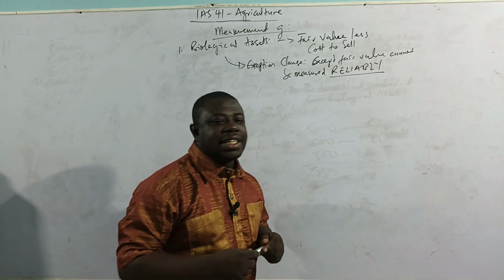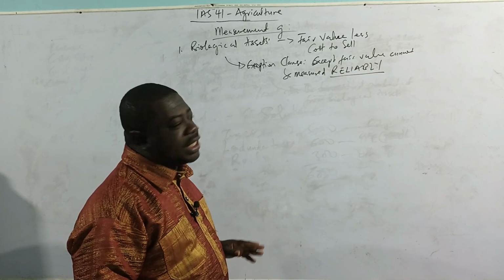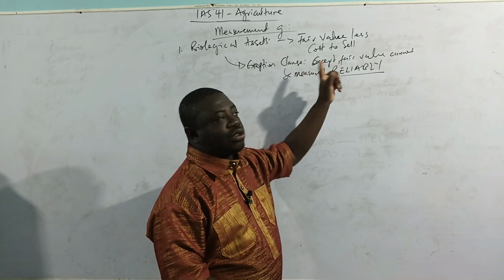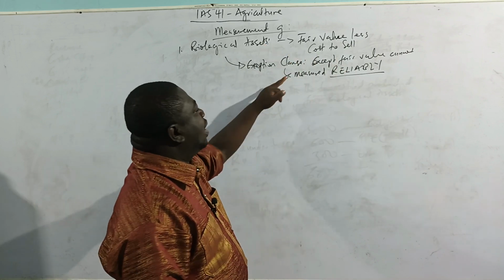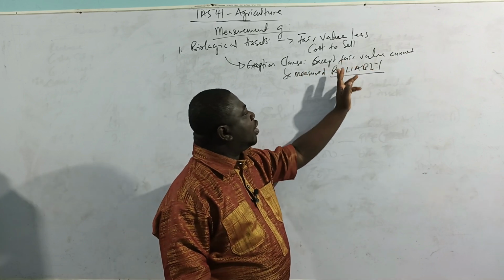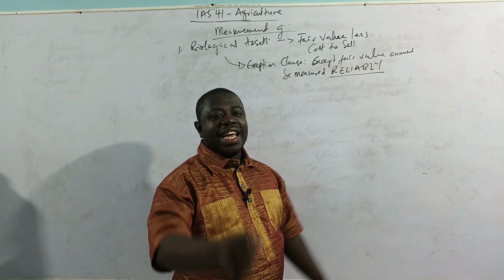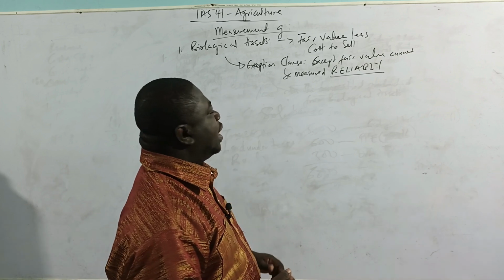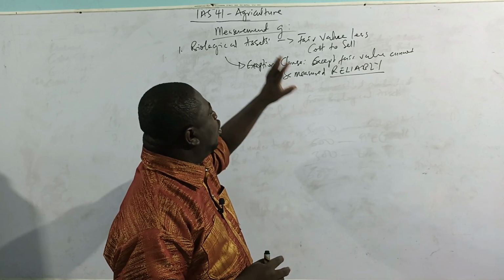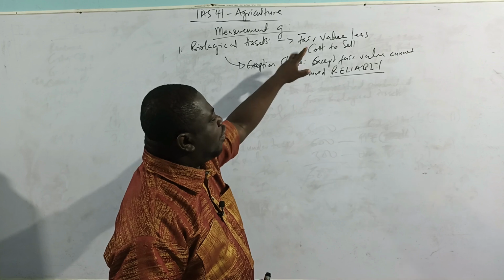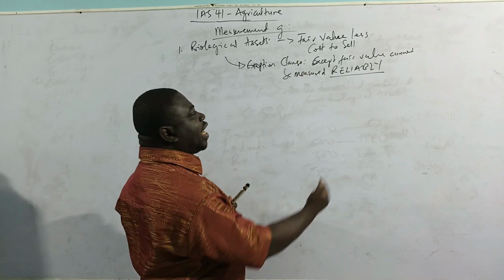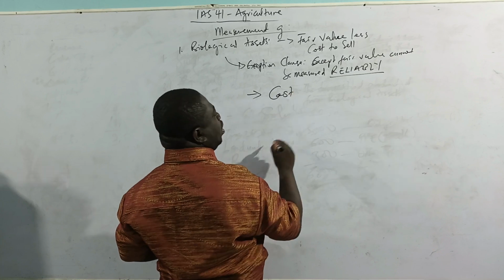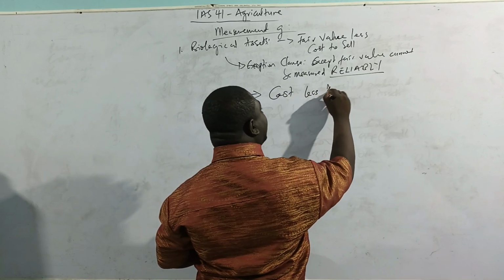So the standard says that at every point in time, biological assets should be measured at fair value less cost to sell, except where fair value cannot be measured reliably. In which case, we can switch and then measure the biological asset at its cost, less accumulated depreciation